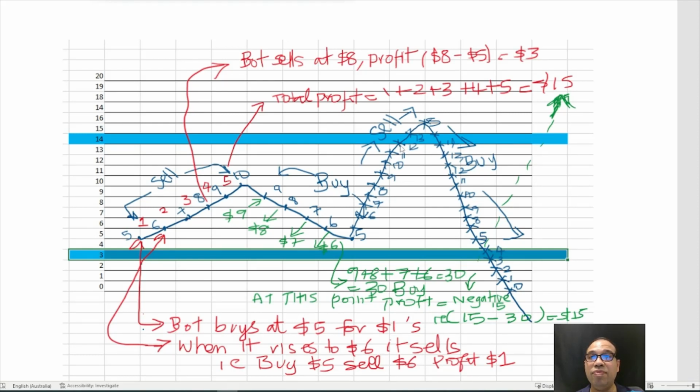It'll be waiting for it to come back into range and fall down, so that as it's coming down, it will try to actually make some profit. So this is very important. Let's say you had put in $1,000 here, and the coin or the token was at $12, and it took like 6 months to come back down. That means the bot would not be able to do anything at all. So your $1,000 would be stuck over there.